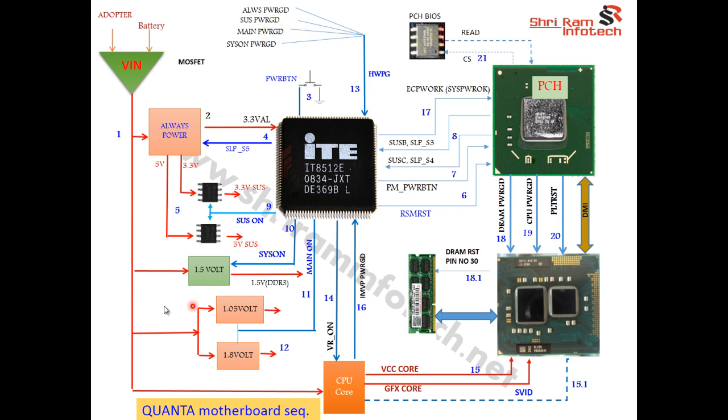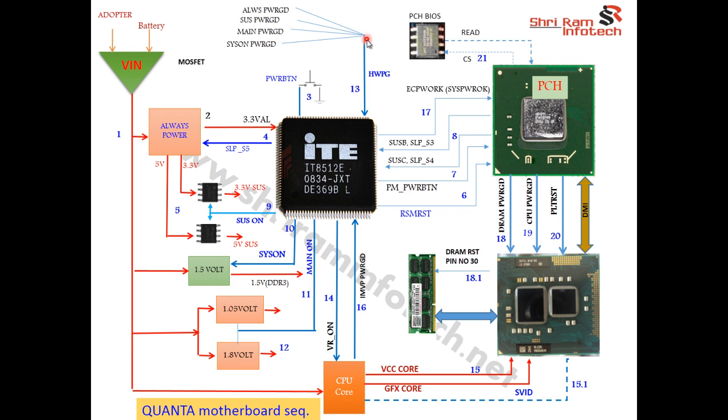It comes at this point. So once the suspend-on signal is generated, it sends the power good signal. Always voltage power good signal goes there. 1.5 volt power good signal goes there. System voltage power good goes there. It goes like that. So once all the powers are fine, all the powers are working okay, at that point here